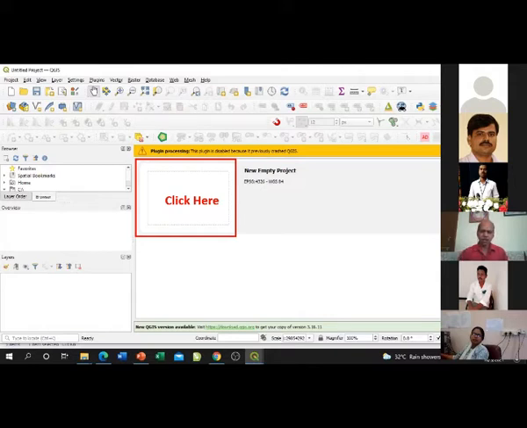Here there are going to be two parts actually. One is completely blank, and the other one is a small rectangular box titled new empty project.